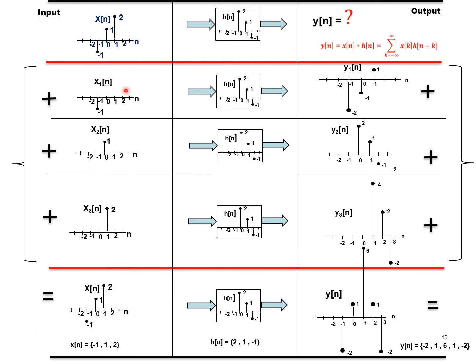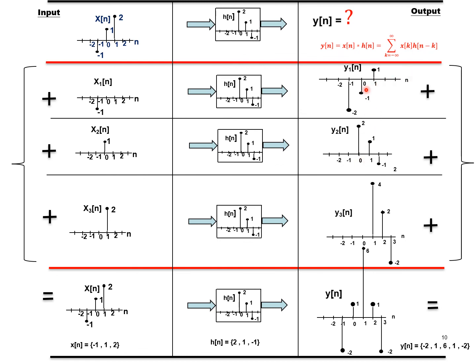Likewise, if I add y1 because of x1, y2 because of x2, y3 because of x3, what do I get? I'll get y of n. That is, individually, when I give the impulses, these were the individual responses for the individual impulses. If I give all the samples simultaneously like this, then all the sample responses get added up. That's what convolution is all about. It is the summation of time shifted impulse responses. It's time shifted and scaled.